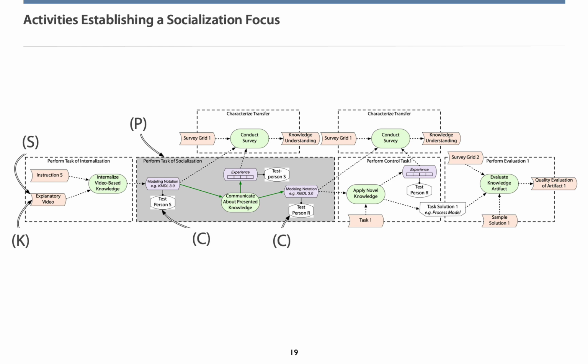Further, we recognize competence levels at both kinds of test persons, the knowledge source and the knowledge receiver. We need to consider this at the team building of socialization experiments. Please note, more details about the other kinds of knowledge transfers can be found in the paper. Hence, I would prefer looking at the overview process because here the experiment realization is managed.